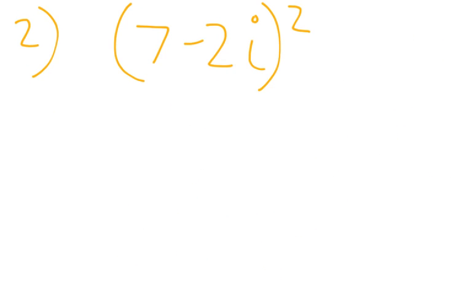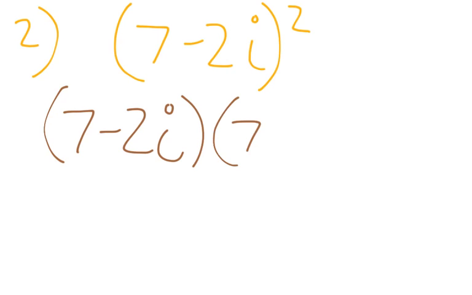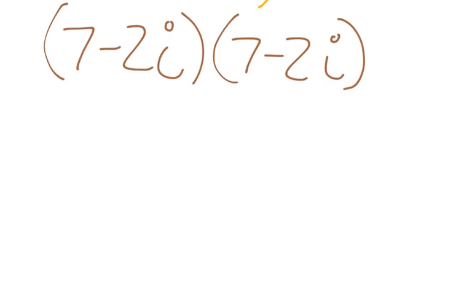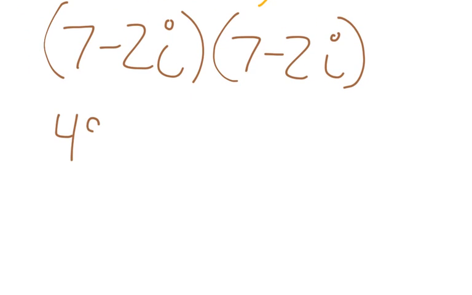Next one, 7 minus 2i squared. This is not 49 plus 4i squared, guys. You should know this by now. You've got to FOIL this correctly, because it's 7 minus 2i multiplied by itself. 7 minus 2i times 7 minus 2i. So what I have then is 49,